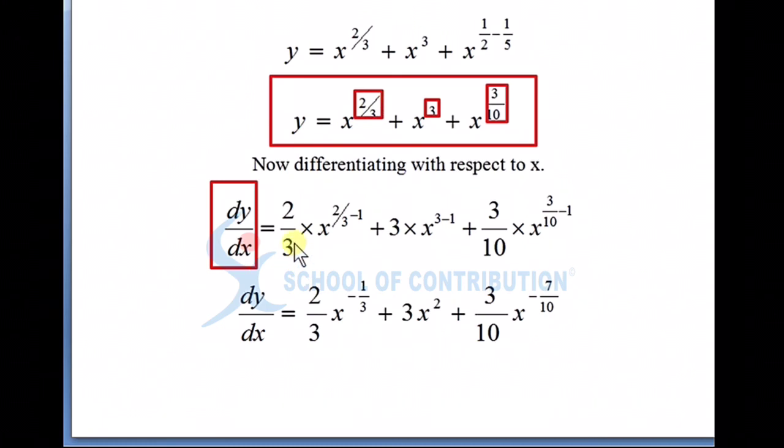So 2/3 will come down, 2/3 multiplied by x, then 2/3 minus 1, আমরা পাওয়ার থেকে minus 1 করব, so 2/3 minus 1, and then 3 will come down, 3 multiplied by x, 3 minus 1, পাওয়ার থেকে আমরা minus 1 করব, plus 3/10 will come down, 3/10 multiplied by x, and then 3/10 minus 1, কারণ পাওয়ার থেকে আমরা minus 1 করব। সো আমরা যদি এই এক্সপ্রেশনটাকে একটু সিম্পলিফাই করি তাহলে আমরা পাবো dy by dx equal